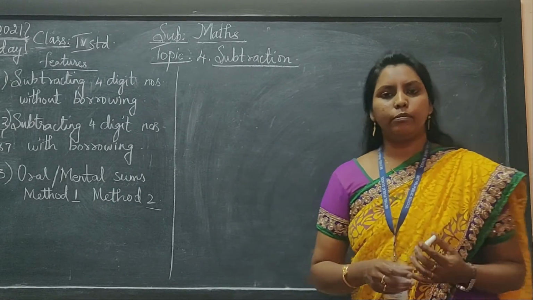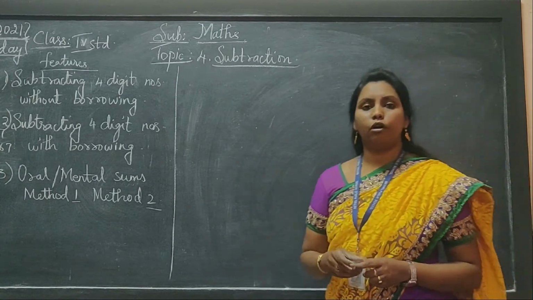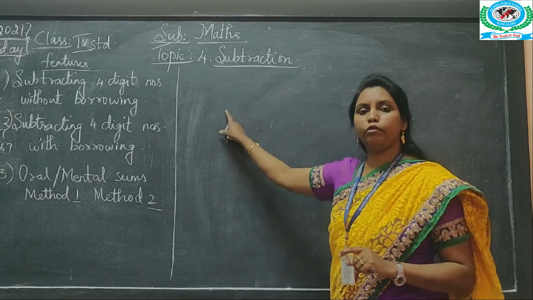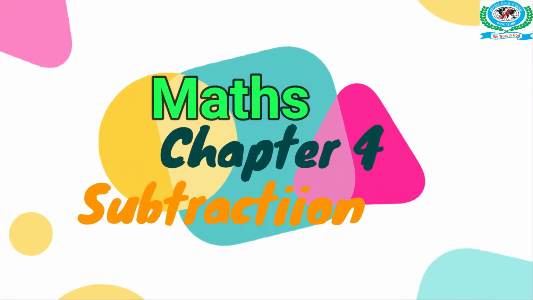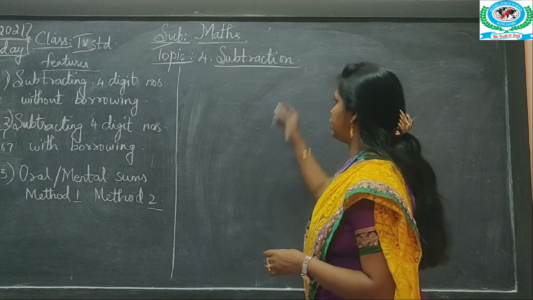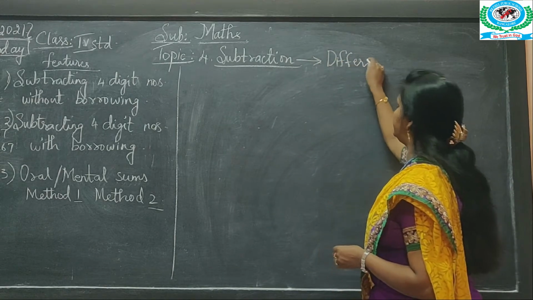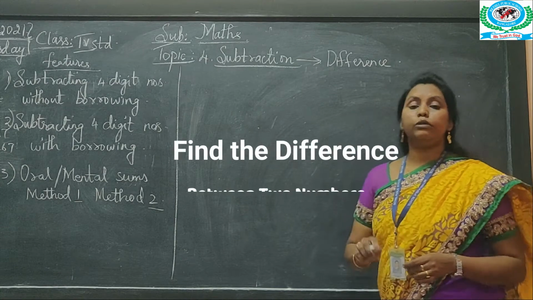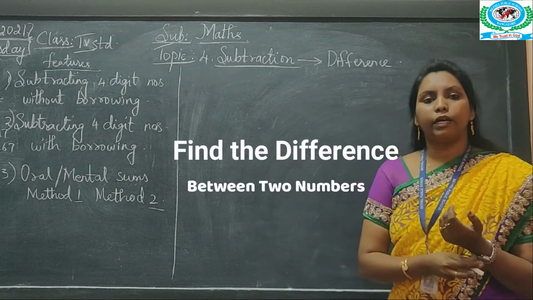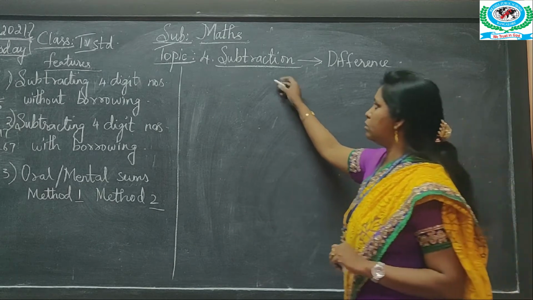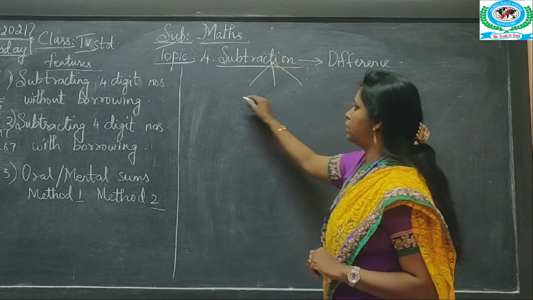School. Today we'll be taking math subject for class 4 and the topic is chapter number 4, subtraction. So in subtraction, the meaning of subtraction is to find the difference between two numbers. To find the difference between two numbers is called subtraction. And in this also we have three features, that is